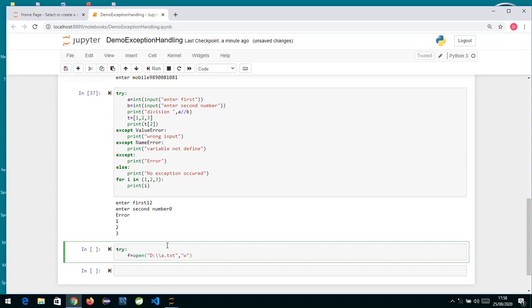Now due to some problem, if it is not able to create a file, or suppose I am opening this file in read mode, and there is no file by the name a.txt. In Python, a file is basically required anywhere. Why do we have files? Whatever data we create over here in a dictionary, in a list, or in a tuple, is temporary. So if you want to store your data permanently, either you can store it in your file system or you can go for a database.